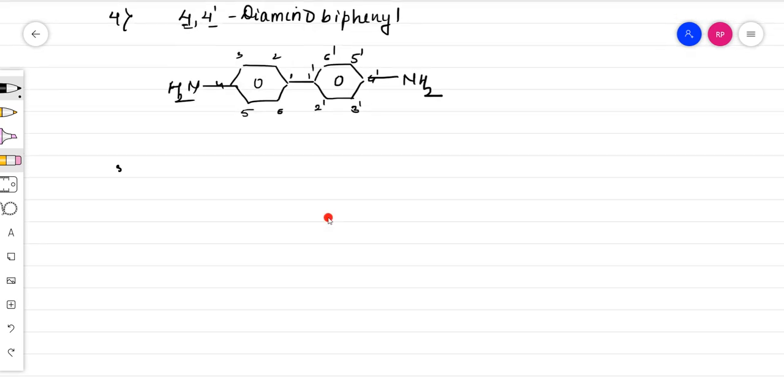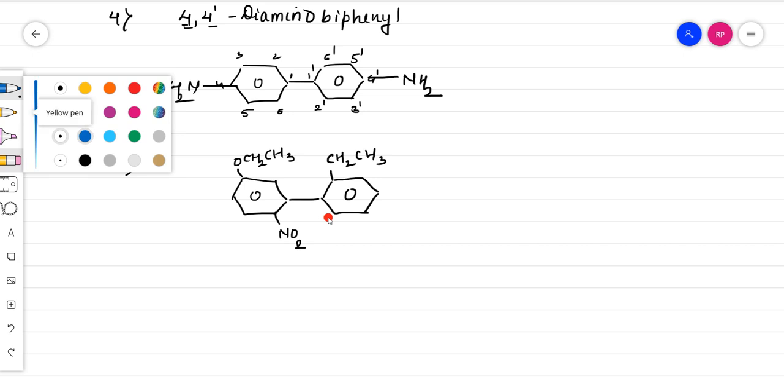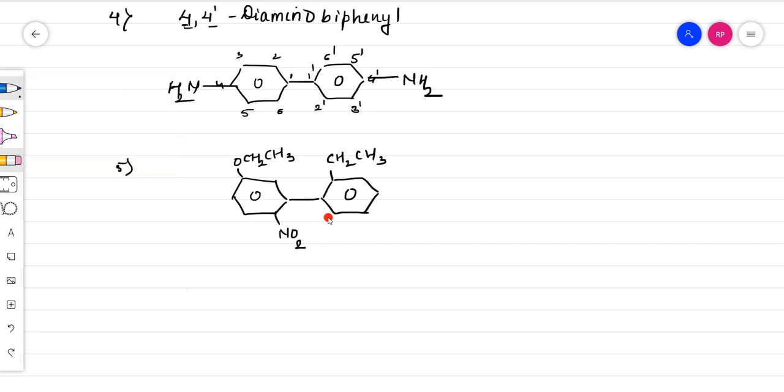Let's go for one structure and a name now. So you people can pause and try to write down CH2, CH3. This is CH2, CH3, and this is NO2. Okay, so this is what you have. Now you will have to number this. Now you have to take care a bit about how to number it. So from where can you start numbering? Suppose I number it from here.